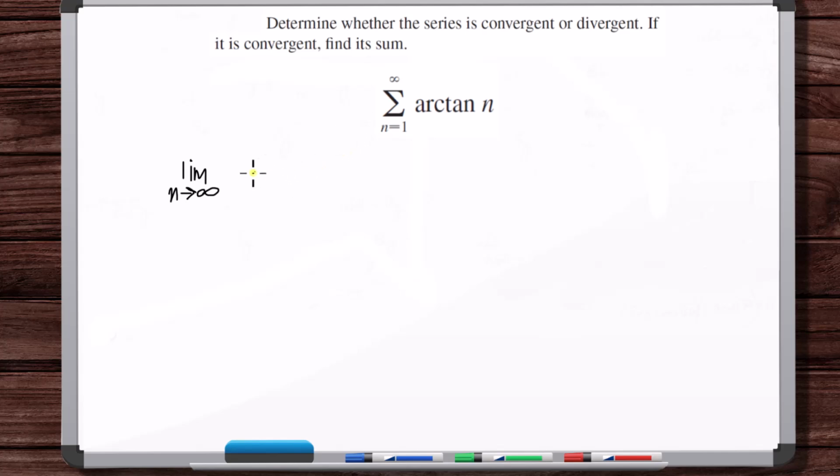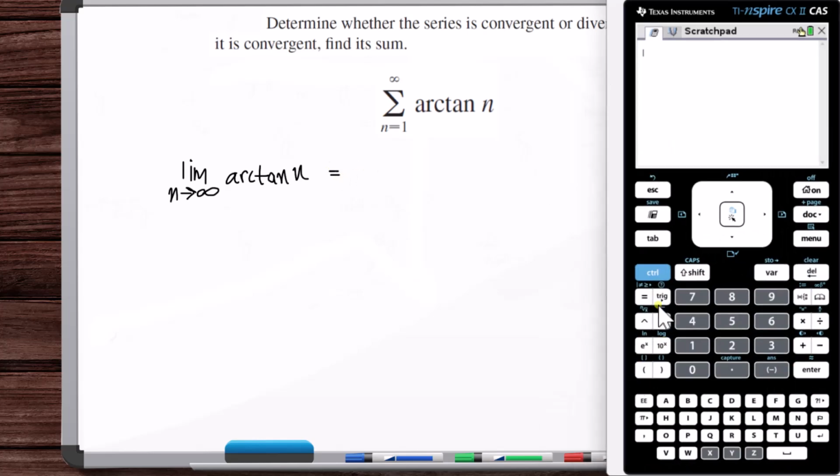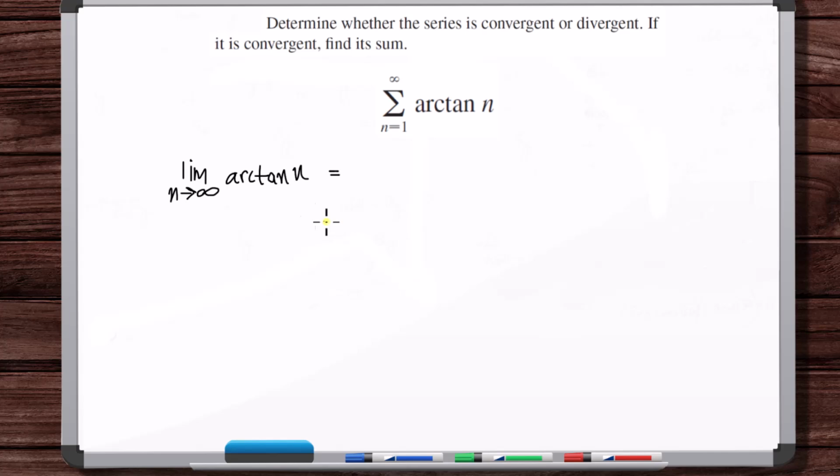Limit as n approaches infinity of arc tangent of n, and this should go to pi over 2. Okay, so this is divergent,